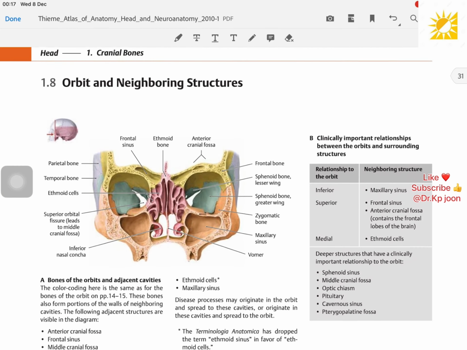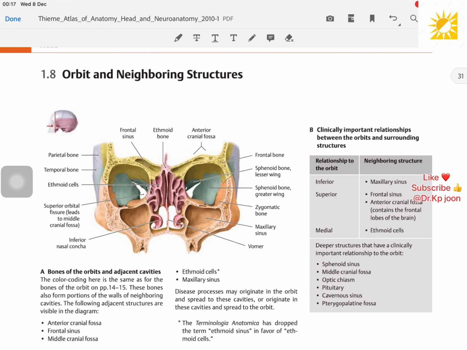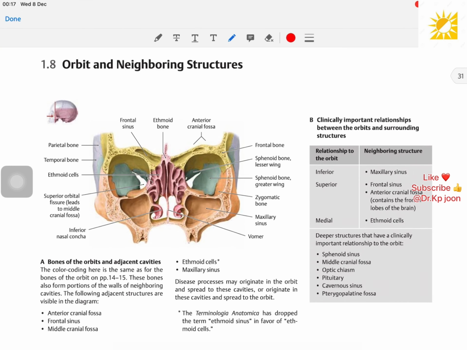If we talk about the orbit and neighboring structures, in these structures we see the frontal sinus, ethmoid bone, anterior cranial fossa, and frontal bone. It's the lesser wing of the sphenoid bone, the greater wing of the sphenoid bone, and the zygomatic bone. It's the maxillary sinus, the vomer, the inferior nasal concha, and the superior orbital fissure to the middle cranial fossa,